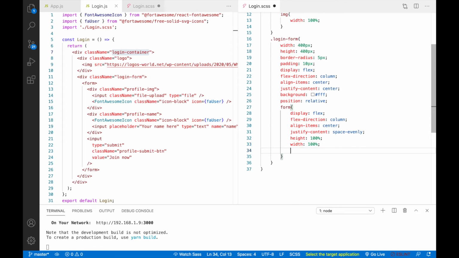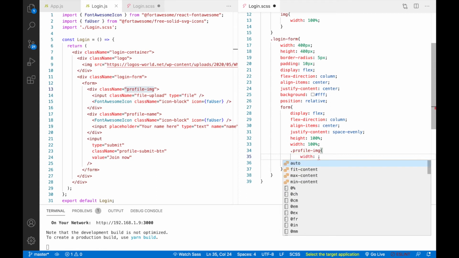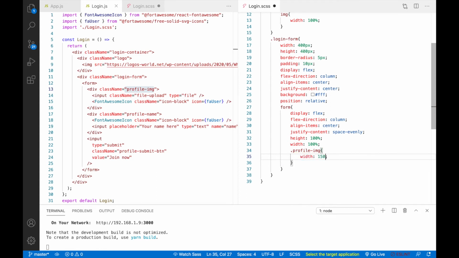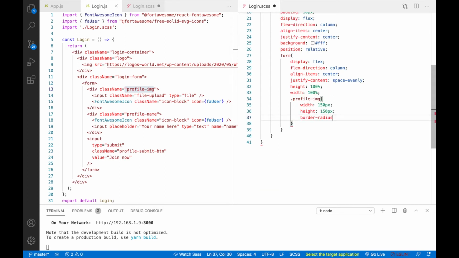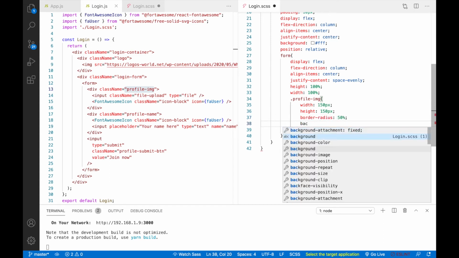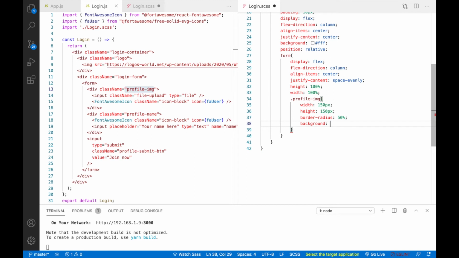Okay, so for profile image, oh I'm sorry, one second. Profile image, we'll write width 150 px, then height also 150 px, border radius, that will be 50%, like this. Then background color, so this will be triple D.